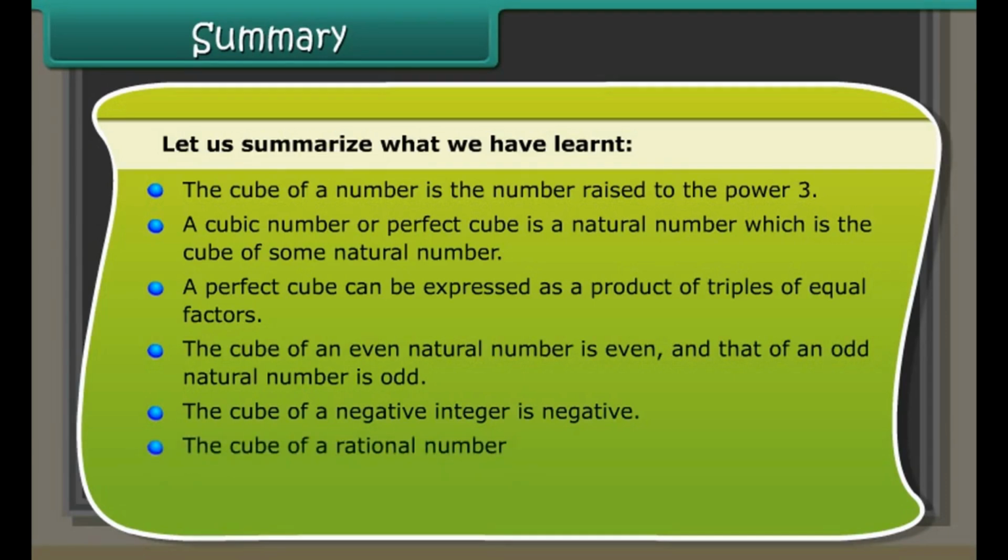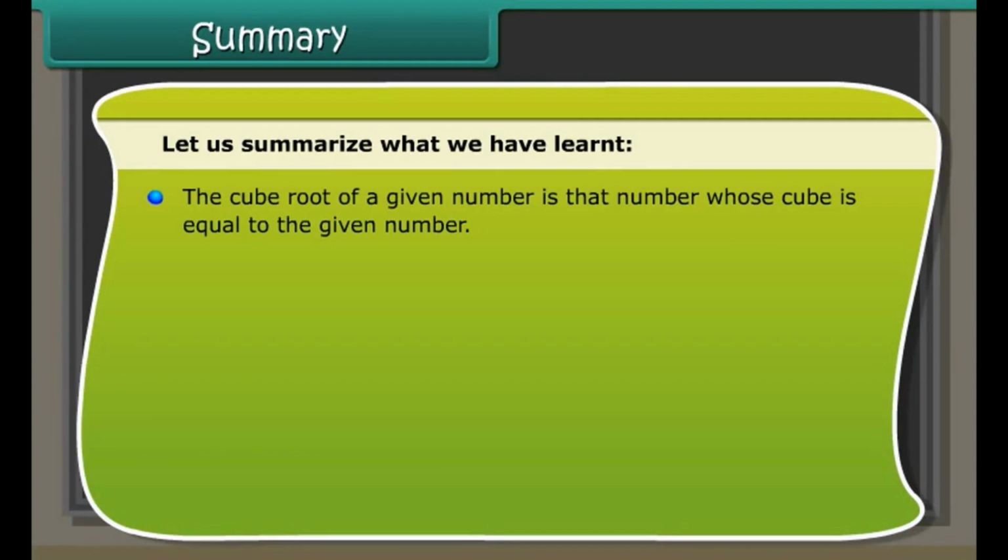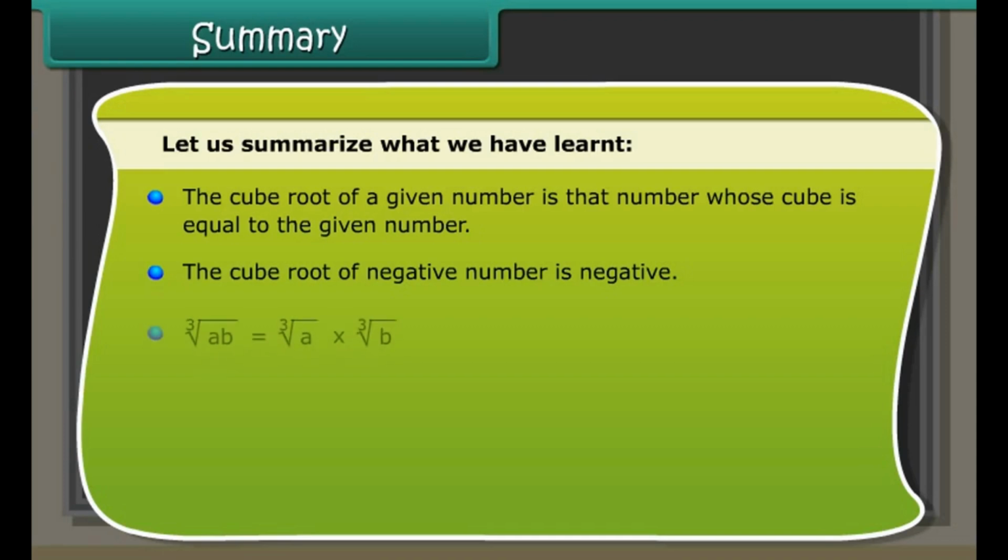The cube of a rational number a upon b is a upon b whole cube, which is equal to a cube upon b cube. The cube root of a given number is that number whose cube is equal to the given number. The cube root of a negative number is negative. Cube root ab is equal to cube root a into cube root b. The cube